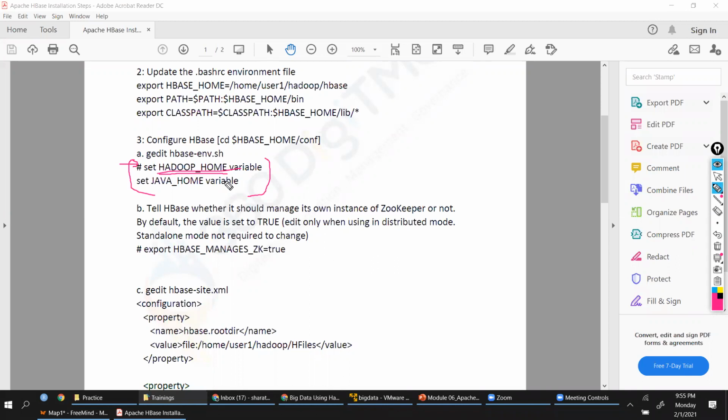Where is my Hadoop? So if we comment it out, it will automatically know where the Hadoop is, even if it's commented out or commented in. Yes, because it is reading the environment path. That is your bashrc file, where we have already defined it. You might want to experiment on that. Just check what happens if I comment it, and what happens if I uncomment it. There will be no change.